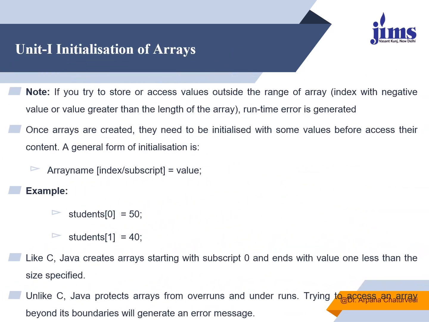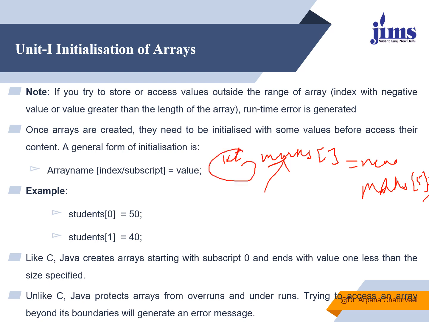Now let's see how to initialize an array. Earlier we have seen how to declare an array, within which we learned that first we write the data type and then the name of the array, then the subscript symbol, equals to new, then we say marks and then the size. In this way it will allocate the memory to this particular array of 10 bytes, because 5 is the size and 2 bytes is the size of an integer, so 2 into 5 is 10 bytes.